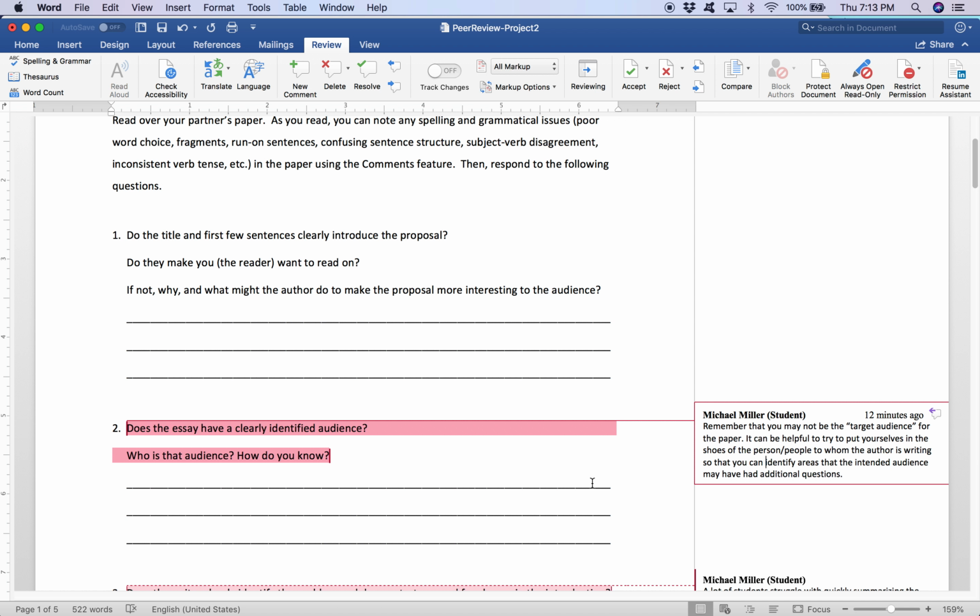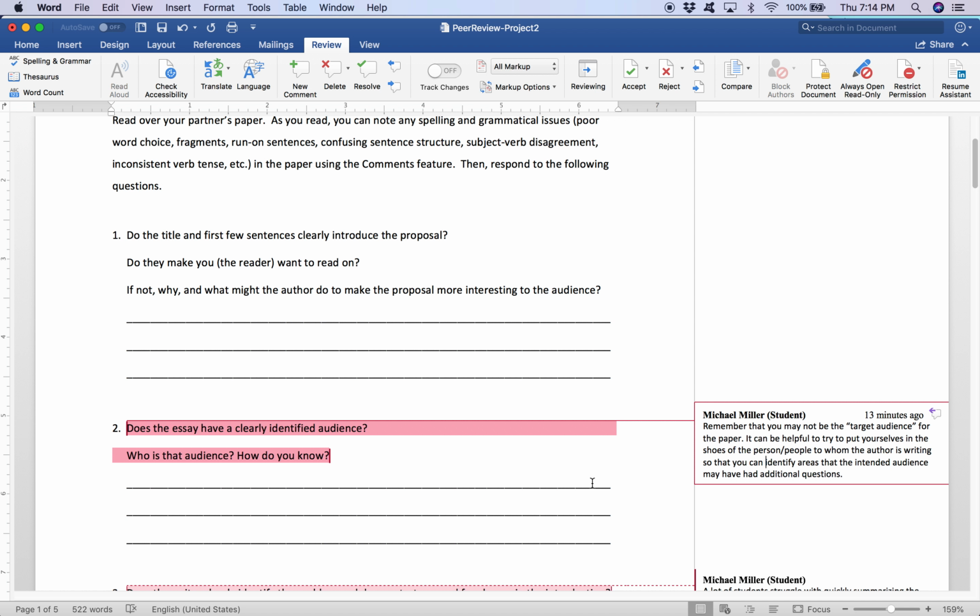So what can be really helpful, and this is a lot of what Professor Tingle and I do, is we really try to put ourselves in the shoes of the person or the people to whom the author is writing. So that way we can identify areas where, if we were the intended audience, we may have had additional questions, comments, concerns. So again, if they aren't writing to you, or you may not be familiar with the issue,